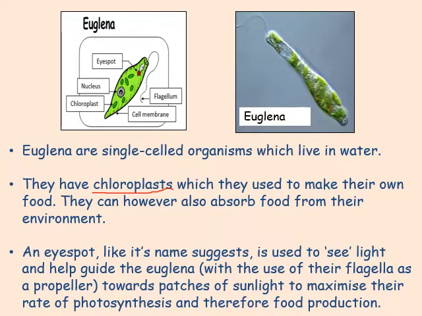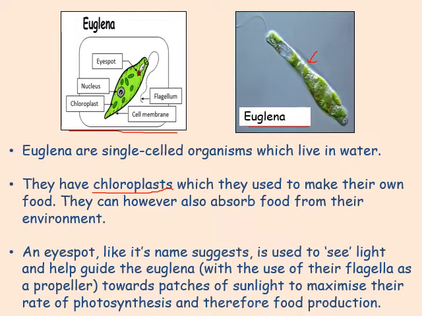Now, Euglena, although they're not a plant cell, they can make their own food using chloroplasts and photosynthesis, but they also absorb food from their environment, so they can do what animal and plant cells both do. Animal cells, whether it's through a multicellular organism digesting food like we do, like eating it, or other such means, can absorb nutrients from their environment through their cell membrane, and then they can digest it,